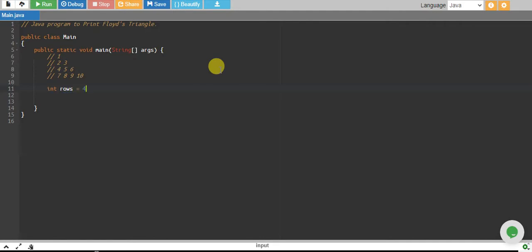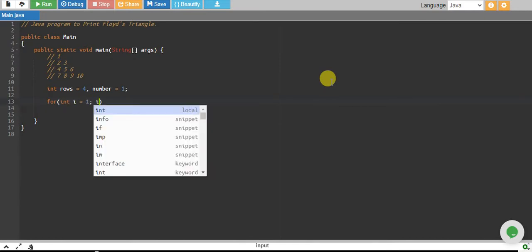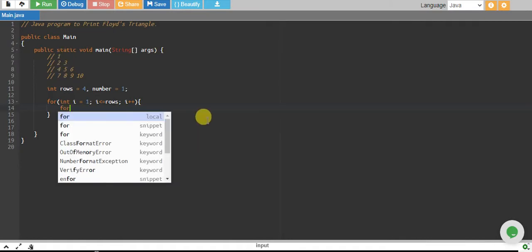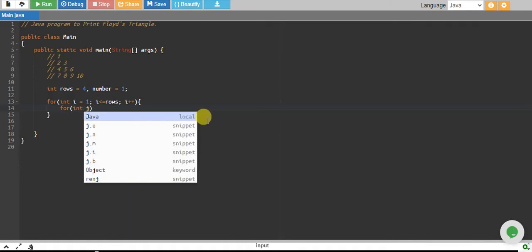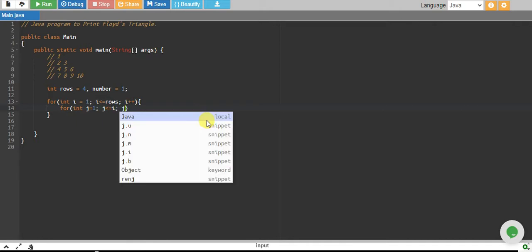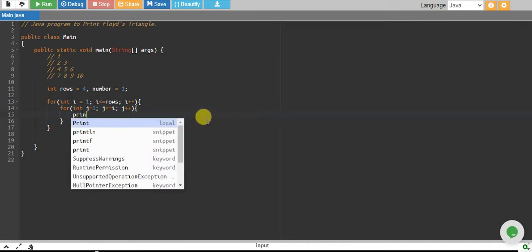We have, let's say, number of rows 4, and we keep a number which will keep the counting track, and we start off a loop which starts from integer i equals to 1, i less than equals to number of rows, and i plus plus, and this will keep track of rows, and this will keep track of numbers. So in our first iteration we want to print only one number, so this will start from j equals to 1, and j less than equals to i, and j plus plus,